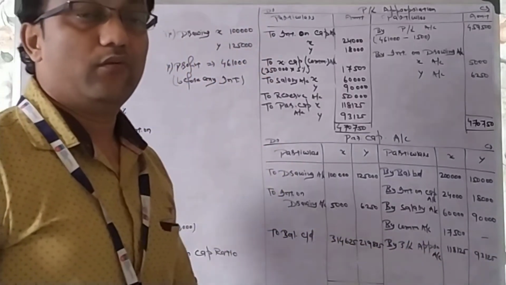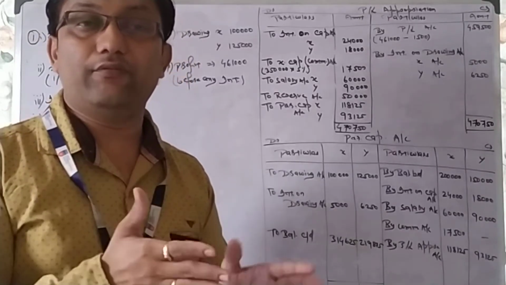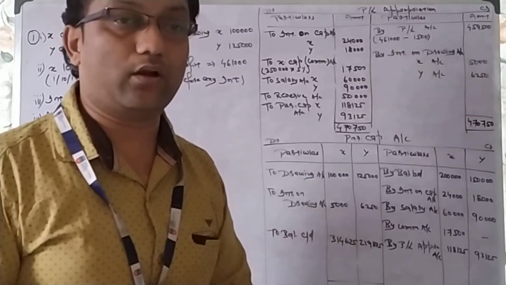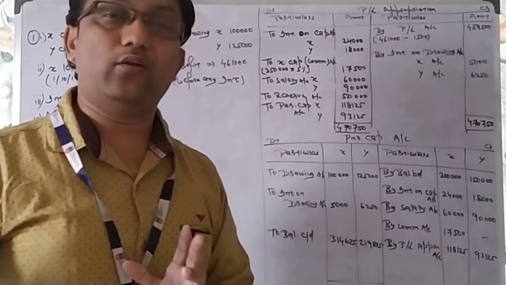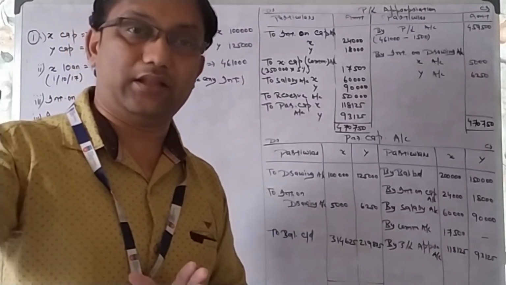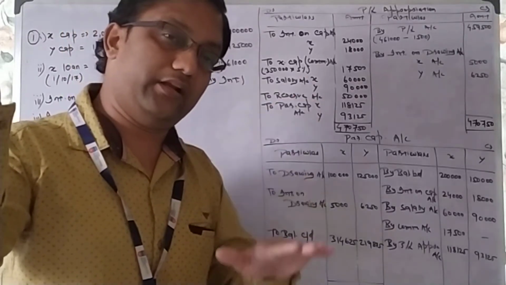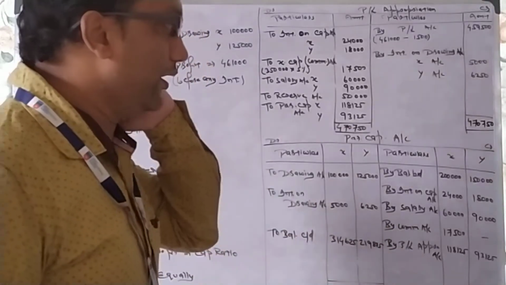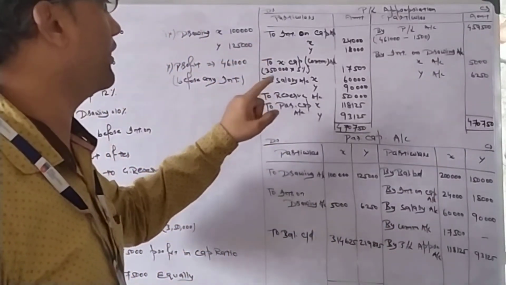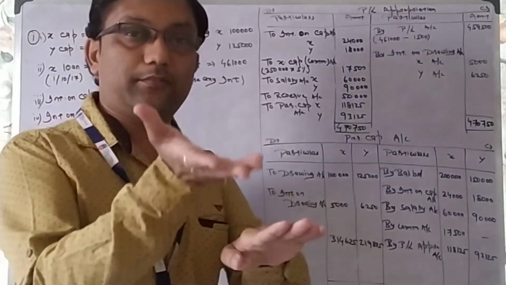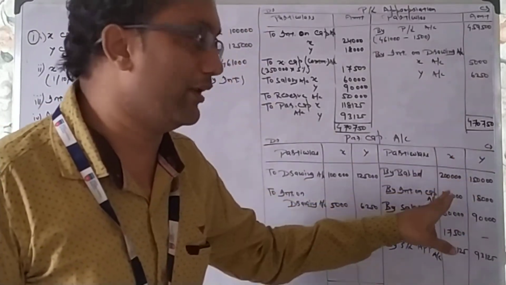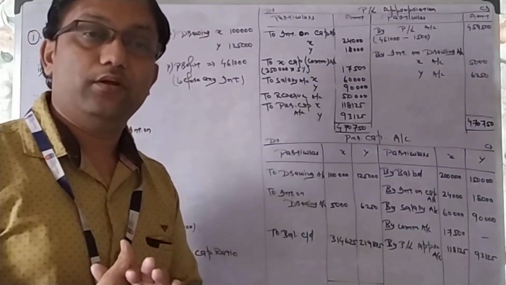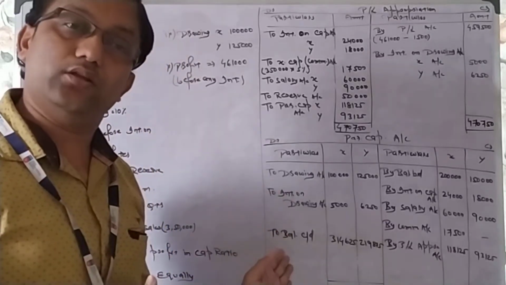Now this side, whenever capital increases, it will be written in credit side as capital has a credit balance. As you know, accounting rule, whatever side opening balance is there, whenever that ledger increases, we should write in that side, and whenever a ledger decreases, we should write in opposite side. So here, because of interest on capital, salary, commission, profit, a partner's capital is increasing. So I have written in this opening balance and I have written all the items over here. Now, due to any item, when that ledger is decreasing, we will write in the opposite side.